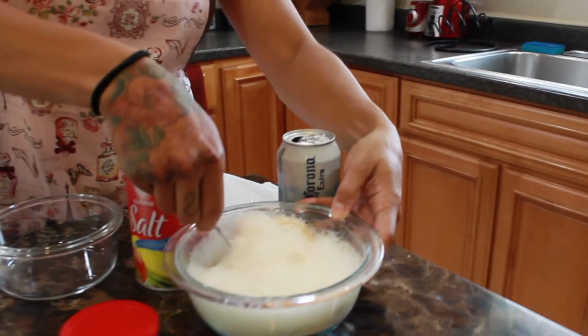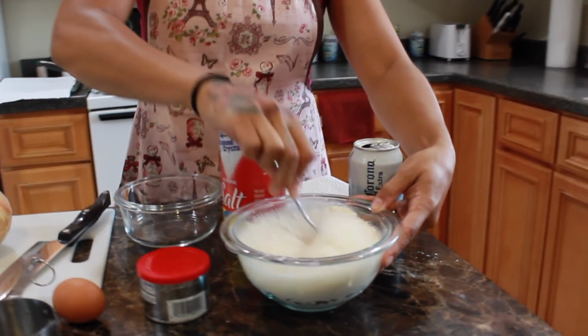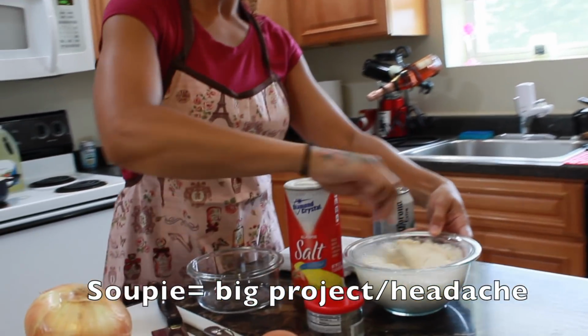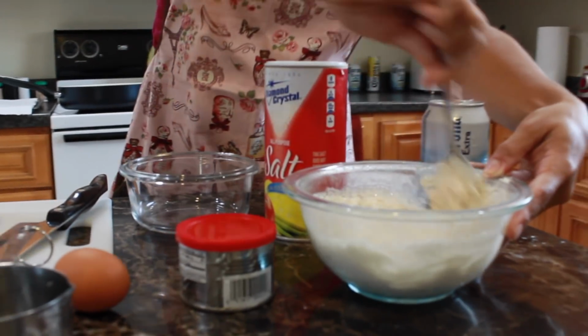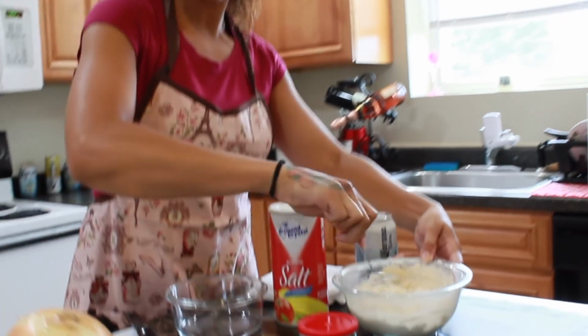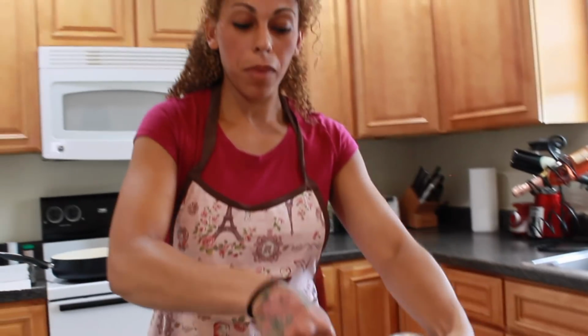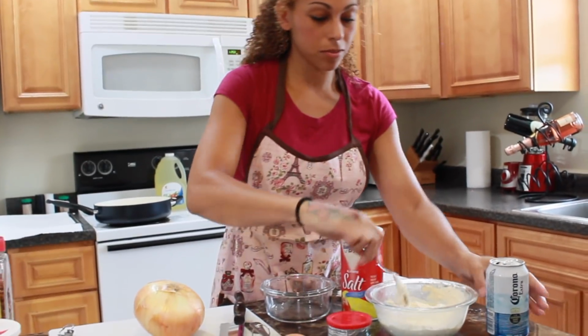You start with 1 cup because you don't want it too soupy. Once it's too soupy, you're adding dry ingredients and that will just become a very big project and headache. If it's too dry, you can continue adding Corona, and nothing's wrong with more beer on any occasion. You want a pancake batter consistency, so I'm going to add a tiny bit more just by eyeing it,